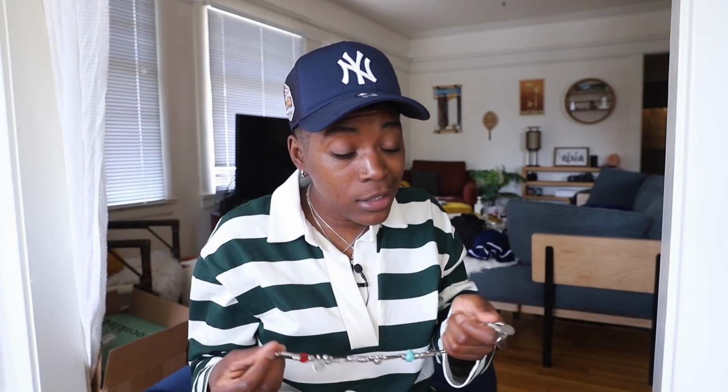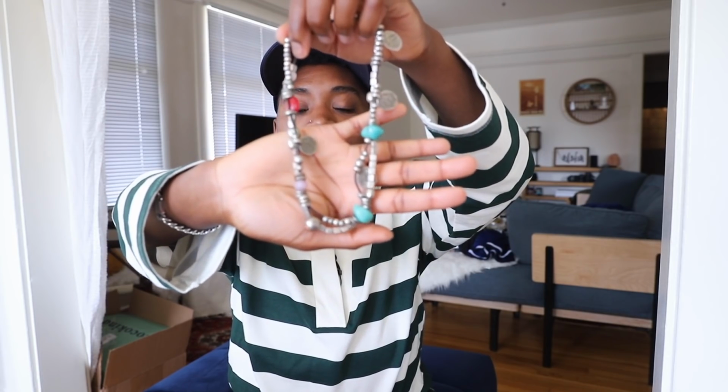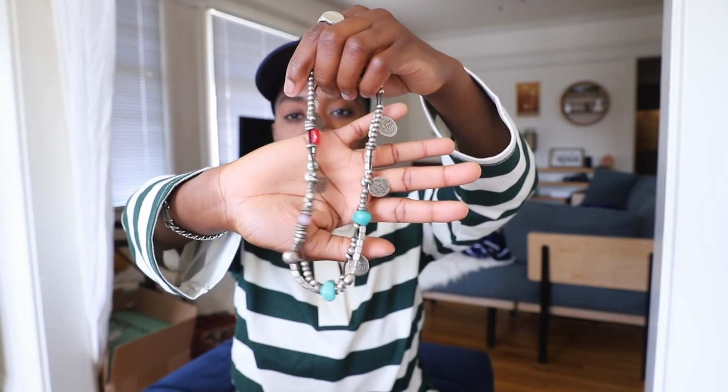And this last little joint, ooh, it's a choker. I got a choker. At first I really thought that it was because she had those Blake Lively hats. You know what I'm talking about? One of those Coachella boots with the cutoff shorts, Party in the USA music video extra hats. She had those hats, and she had the beads and stuff as decoration on them. So I originally thought that it was for a hat because it was kind of small, but then she told me it was a choker, and I was like, oh,